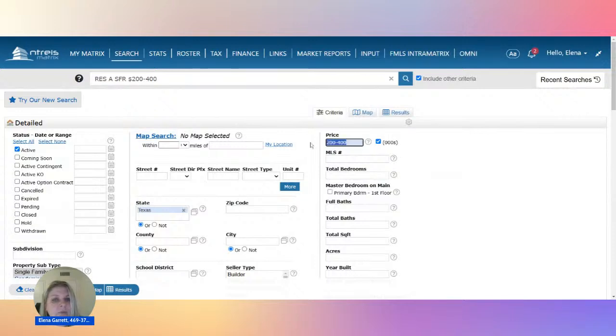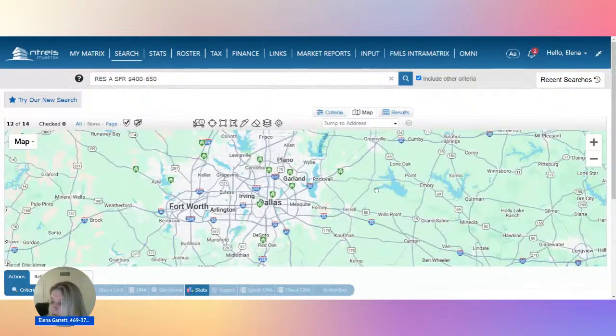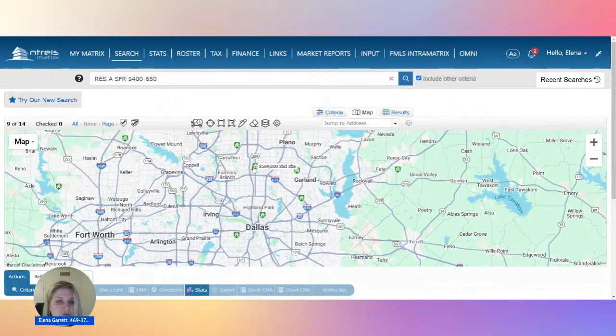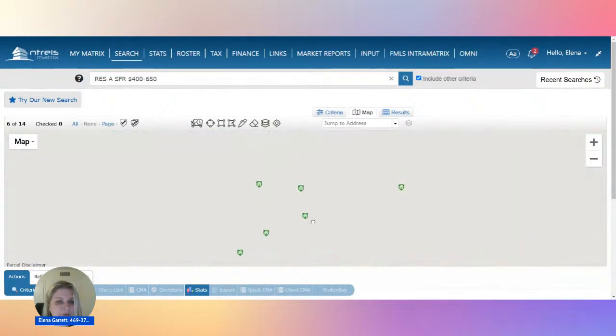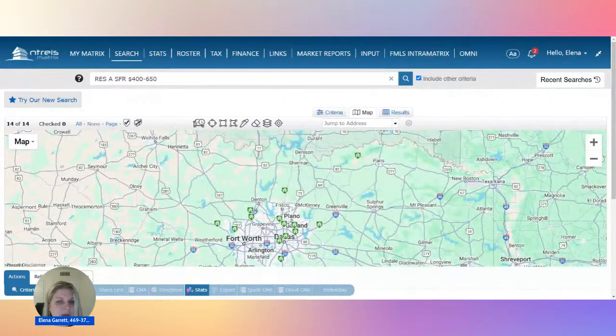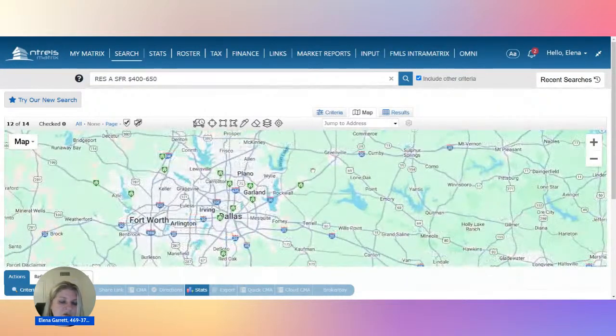If you can afford a little bit more expensive areas, or if you can afford, let's just say, up to $6,000 per month in your monthly payments on your rent to own, we have additional options available to us. We're now starting to see homes toward downtown Dallas, even in Highland Park, surprisingly enough, more toward Richardson, closer to Carrollton. What looks like, I wanted to say Wylie, but looks like it's still Garland. And then Salina. Not that many. Just simply at that price range, typically we see fewer homeowners willing to do rent to own, but still